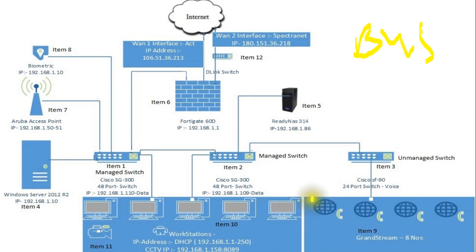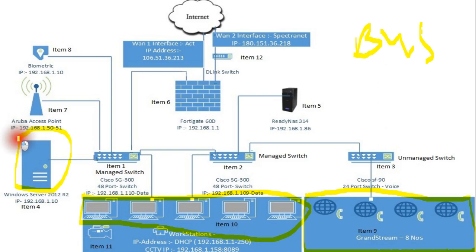For example, I need 8 telephones. These are the telephone connections. I need 50 computers. On this side I have 50 workstations, and I need one Active Directory. I have one computer here. This is my server, so I have deployed Active Directory. This is how you should first plan the structure, then start applying it.